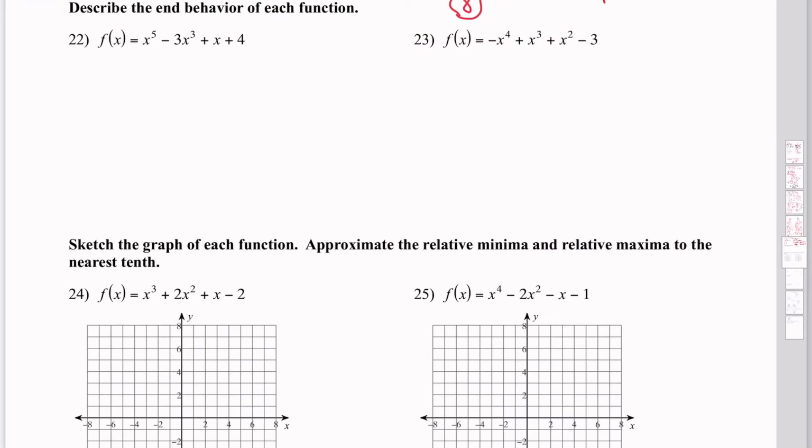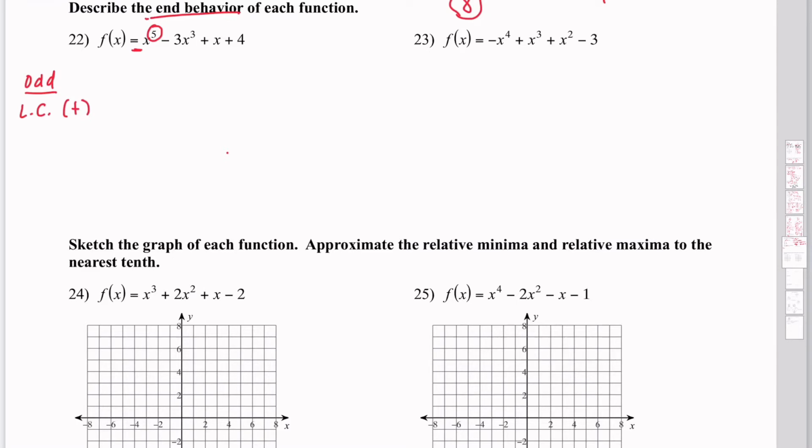Questions 22 and 23, we need to describe the end behavior of the function. Before we do that, let me give you a key to know how an even and odd function should look. Looking at our question 22, we can see that this is an odd function because the highest exponent is odd, it's 5. With odd functions, if the leading coefficient, I'm going to label it as LC, is positive,